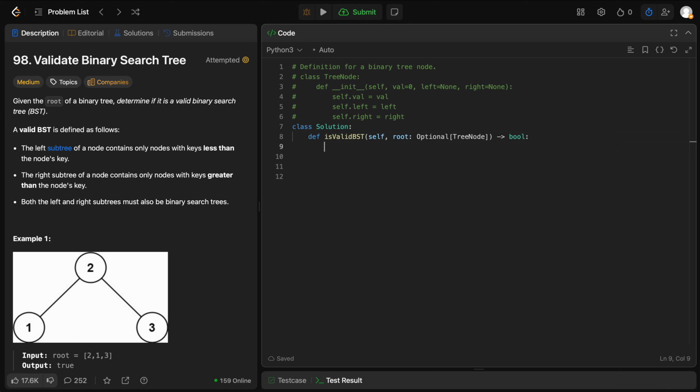So we also need to have some kind of max values. And how are we going to do that? So I'll call is valid with root, and I'll call it threshold, and I'll call it a flag. So the idea is